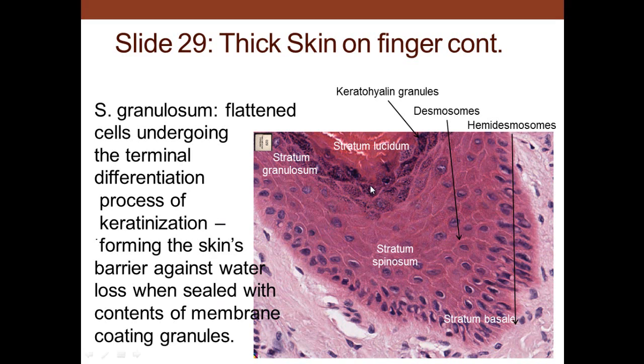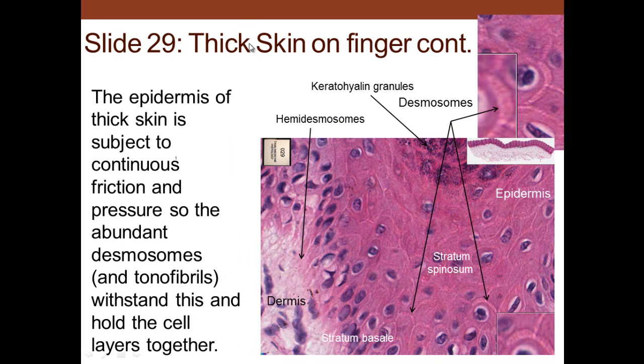So we'll see a little later on how those membrane coating granule contents seal these cells and prevent dehydration from occurring. So we can see the epidermis of thin skin is subject to pressures and friction, and